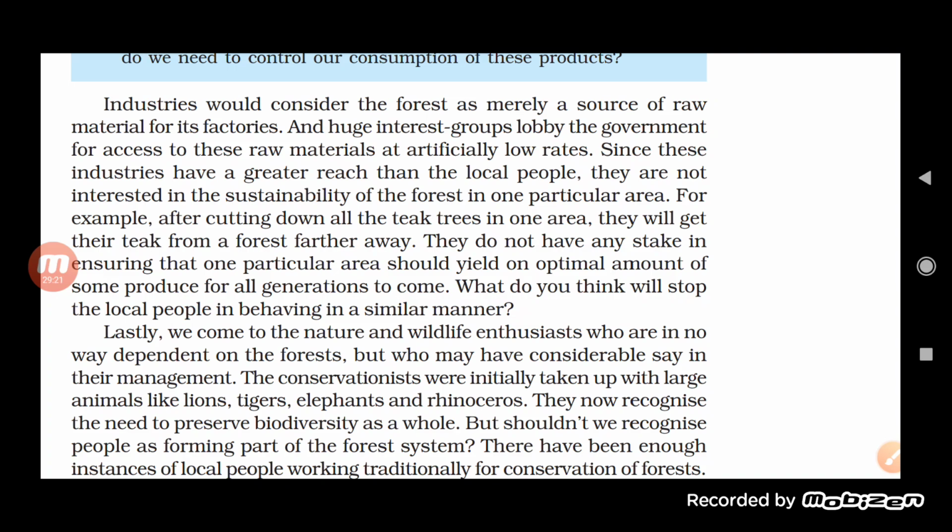So yes, the wood from forest trees is needed for manufacturing various types of goods, which are required for development. But at the same time, an effort should be made to make up for the loss of the trees cut down from the forest, and this can be done by planting trees in place of the cut down trees. But one more thing is there, it takes a lot of time, and with the continuous cutting of trees and destruction of the forest, planting and cutting both take time. So yes, the industries also cut down the trees in one area, and